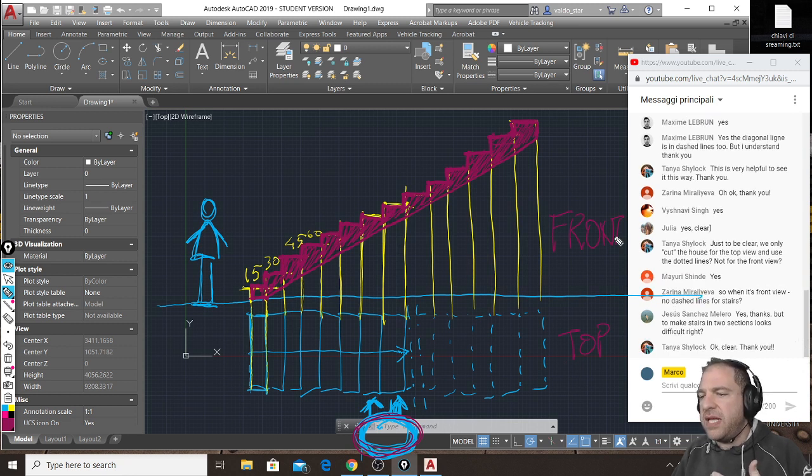So Zarina then says, so when it is front view, no dashed line. No, absolutely not, because dashed lines are only where things are above. So above means that this is our